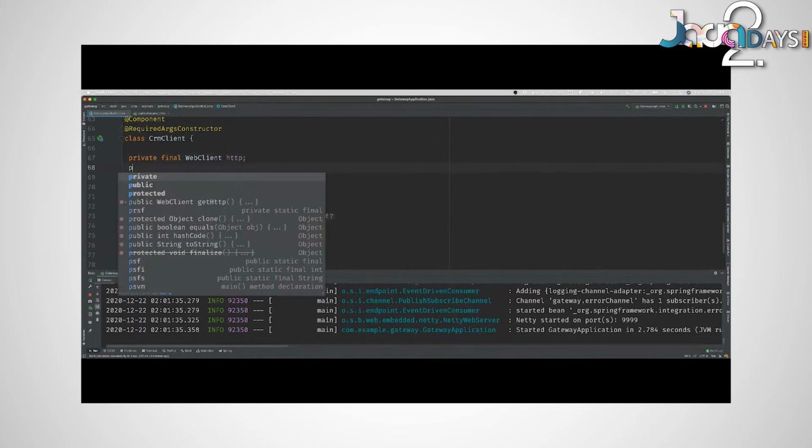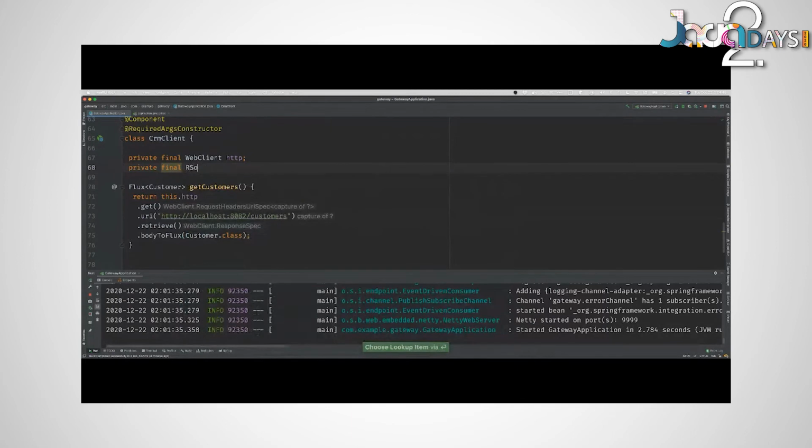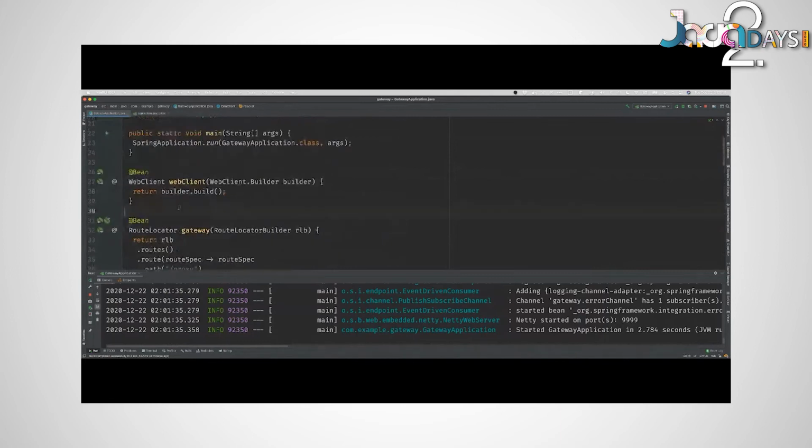So here I'll use the non-blocking RSocket client called the RSocket requester. The difference is that we don't actually call this a client because it's not one. In the RSocket world, you have two sides that connect, but once one side is connected to the other, it stays connected, and they can do whatever they want. Either side can send a message at whatever time it wants. So there's no real client and server anymore. We say requester and responder. I can be the requester and you the responder, but later you can become the requester and I am the responder. It's true bi-directional communication. It's a different name, but logically we use it to act as a client. So RSocketRequester.builder.